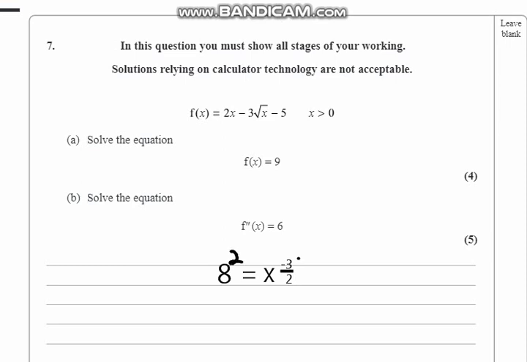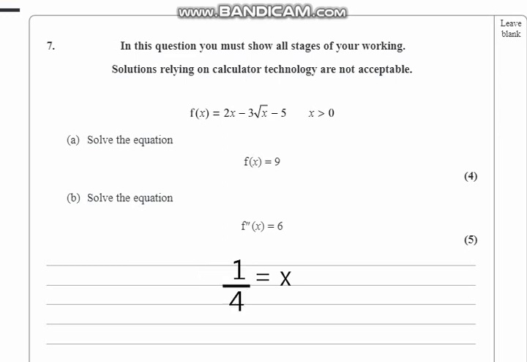Now to remove the fraction from minus 3 upon 2, I'll just square both sides, so that will be 8 squared and minus 3 upon 2 squared, and you know that when powers are raised to a power they are multiplied, so I'll be left with 64 equal to x to the power minus 3. And now to get x as our subject, I'll raise both sides to the power minus 1 upon 3. There you go, 64 to the power minus 1 upon 3 equal to x, and now you can easily plug that into the calculator and find that x is equal to 1 over 4, and that's our x value.